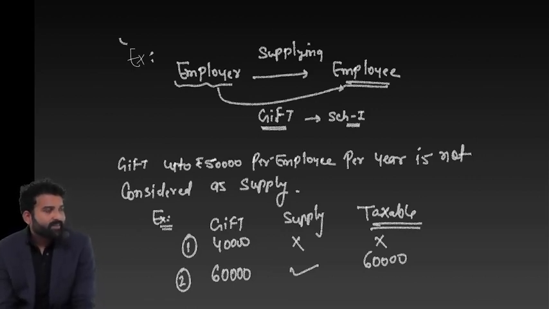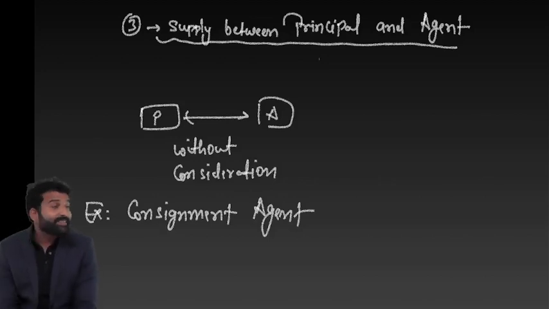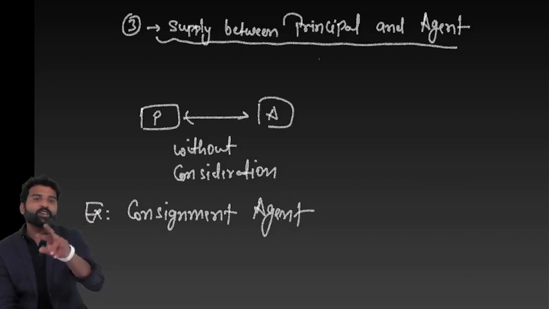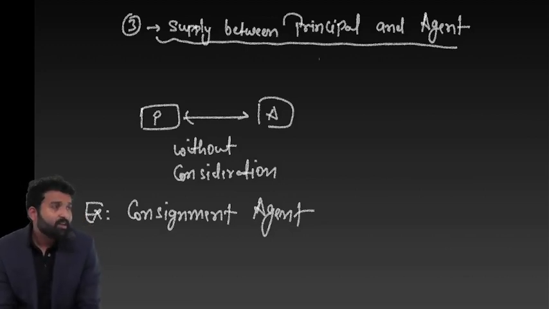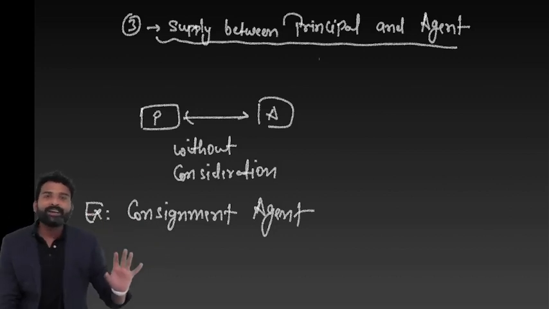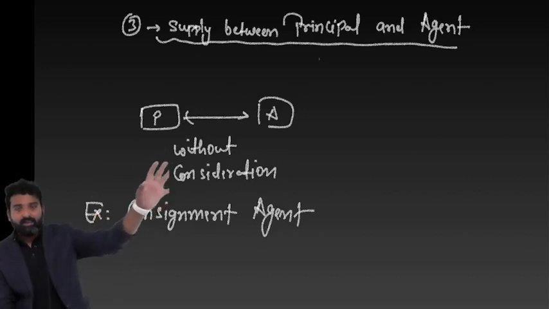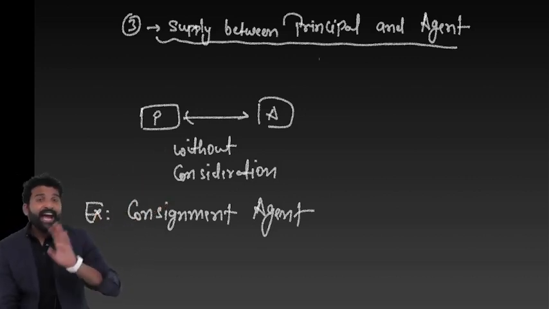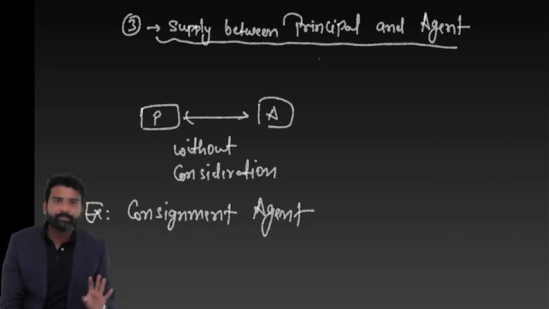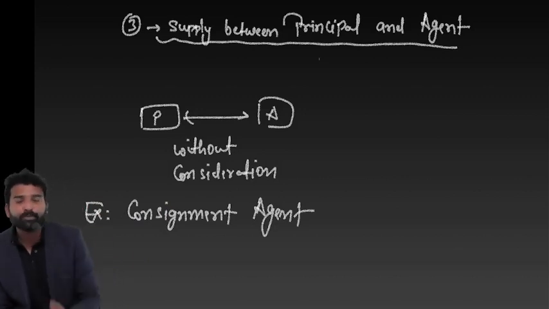Okay. Is it clear to everyone? Nice. Next point. What is the third transaction which will be supply without consideration? Transaction between principal and agent. So I am sending goods to the agent. I have to prepare the invoice whether the agent will be paying the consideration right now or later. Like in case of consignment, I am sending the goods to the agent on a consignment basis. I am not getting any consideration right now, but I have to prepare the invoice in the name of the